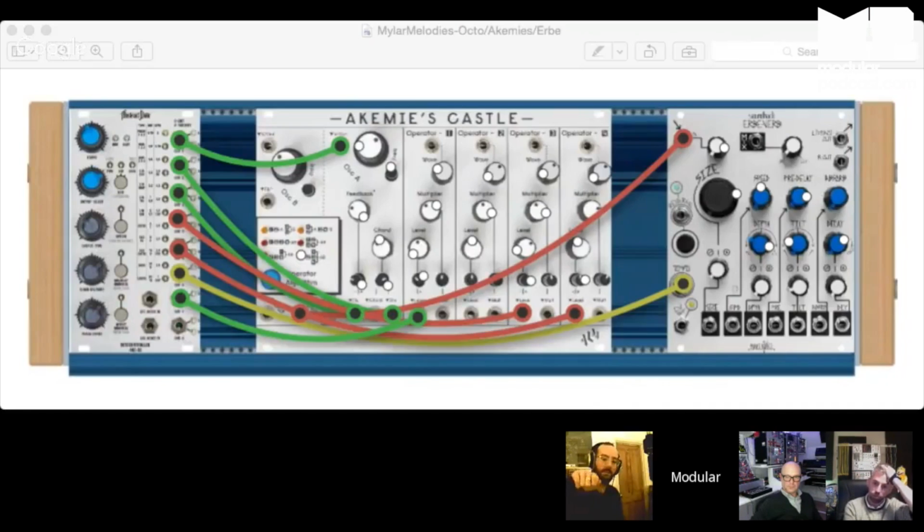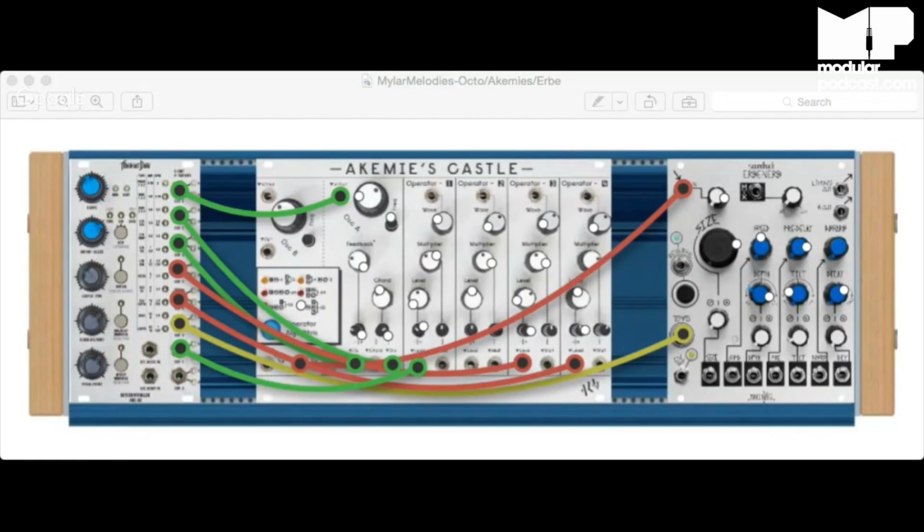And then because you've got attenuverters, you can see it here. So you've got attenuverters on those operator 1, 2, 3, 4s, then you can actually manually play the blending in of your set. Because this is the thing I was saying, I don't have attenuators or anything. So suddenly I wasn't able to, I really wanted to modulate the amount that was coming out of the Octa controller. But because you've got them on the Castle, you can. And so